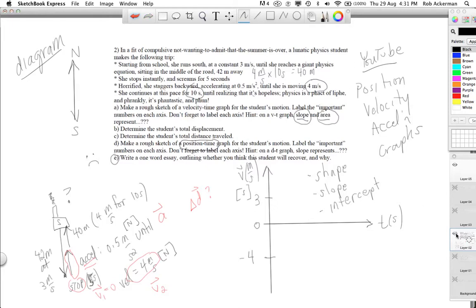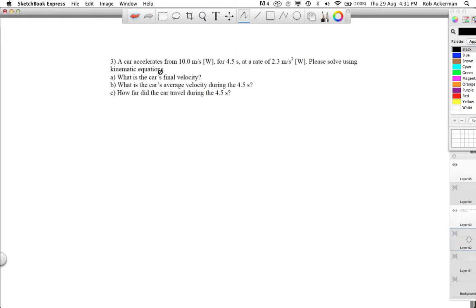All right. Next question. Question 3. This one has a car accelerating from 10 meters per second west at a certain acceleration rate for a certain amount of time. All right. How do you solve kinematics? In this case, we're dealing with one-dimensional motion. We're given a constant acceleration. Here you can use your kinematic equations